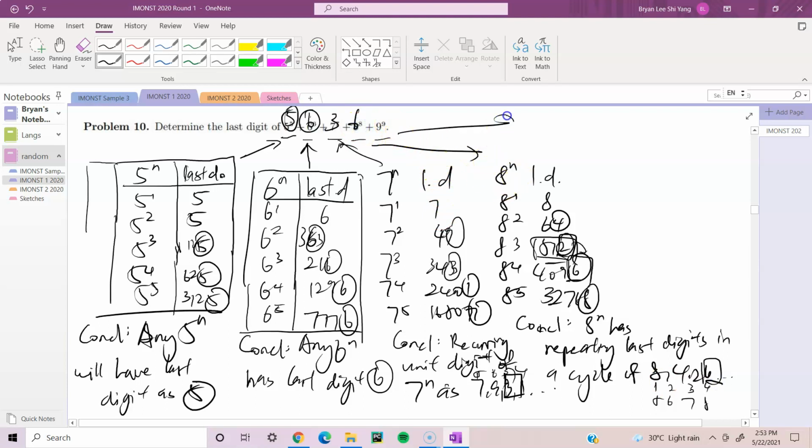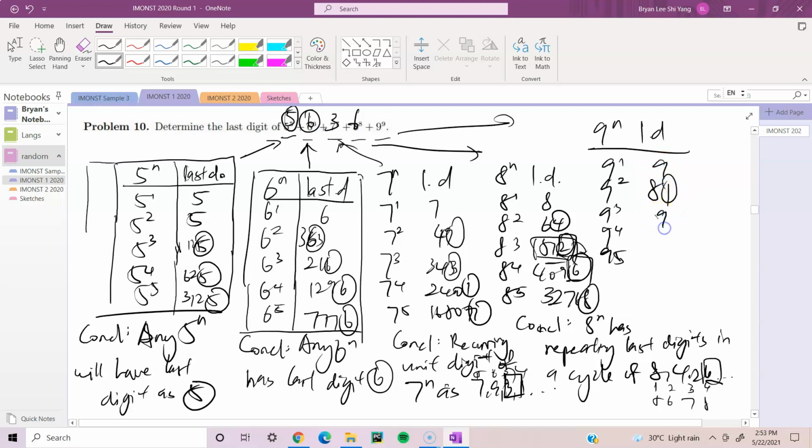Now for the last one, 9 to the power of 9, so 9 to the power of n, and then the last digit. We will have 9 to the power of 1, 9 to the power of 2, 9 to the power of 3, 9 to the power of 4, 9 to the power of 5, we're just checking. So 9 to the power of 1 obviously is 9, 9 to the power of 2 is 81, so we just take the 1,